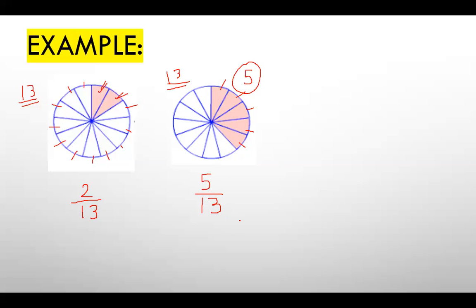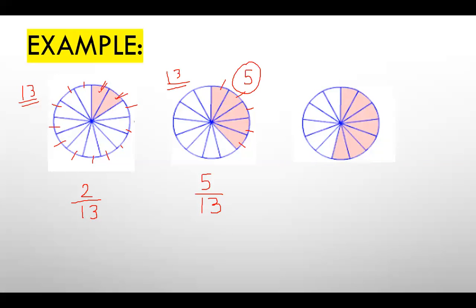So now we have to calculate, we have to put it together. When you put it together, it will look like this. So we have added these two parts and these 5 parts. So it will become 1, 2, 3, 4, 5, 6, 7. Putting together means addition. When I have added these two shaded parts plus these 5 shaded parts, it will become 7 parts in total.